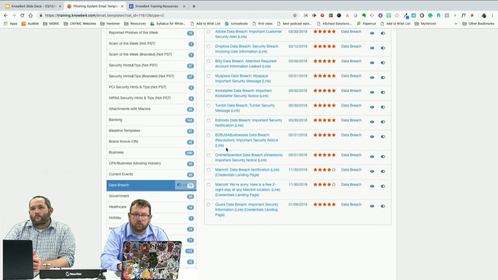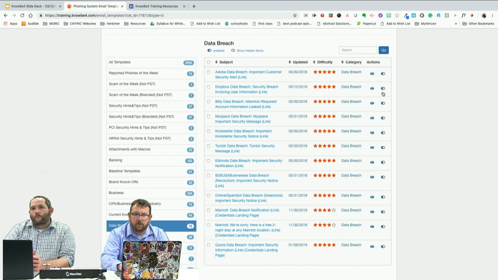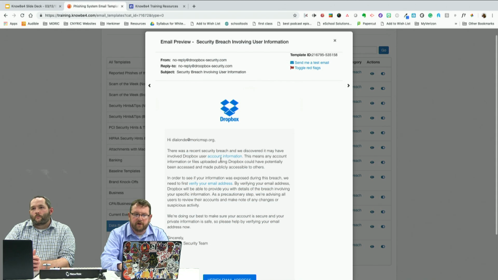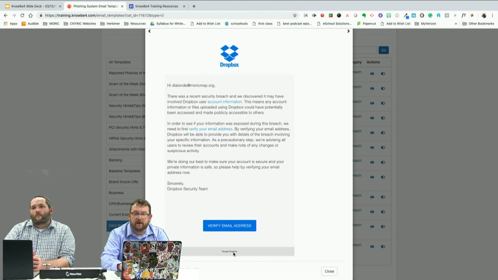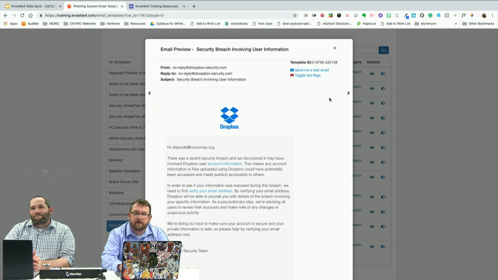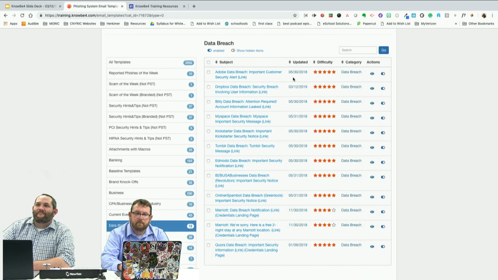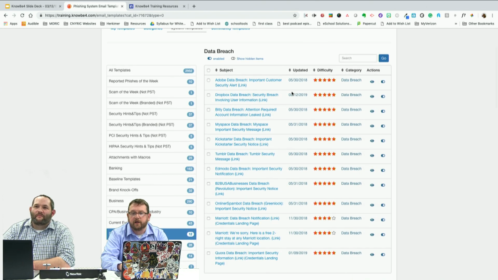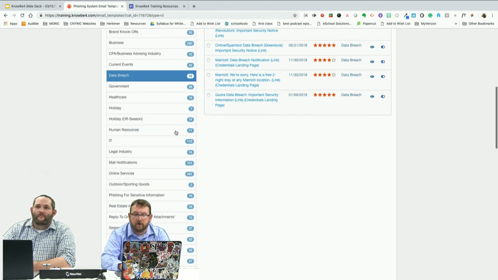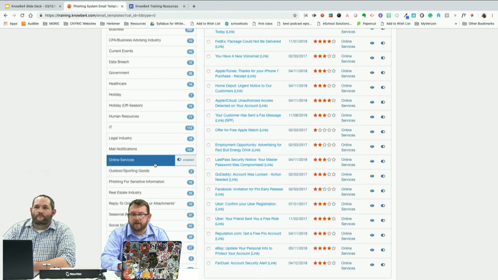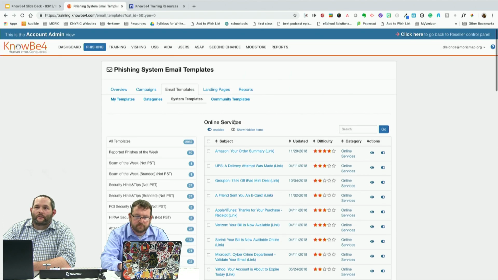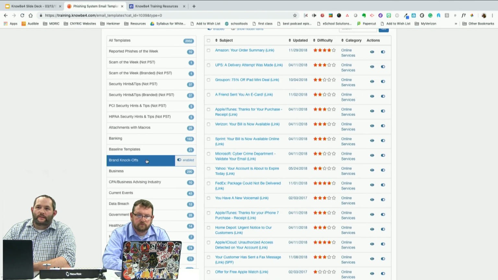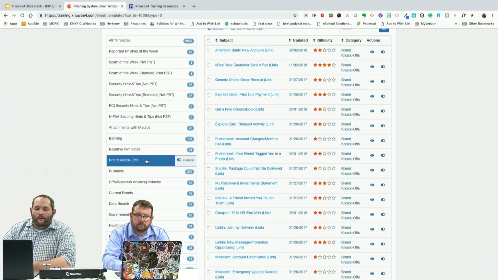So we have our data breach ones. Here's a Dropbox data breach. Right here, verify email address. Down here at the bottom, Google Dropbox, which isn't a thing. But you have the preview and the ability to look at the different emails that are there and gauge which ones will test your employees to the best of their ability. Definitely. And some of the brands, for example, Facebook, LinkedIn, Yahoo, all of the main brands are